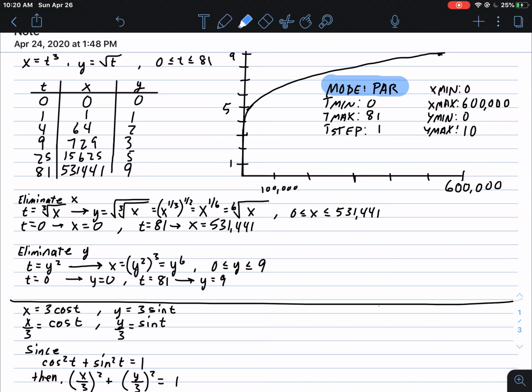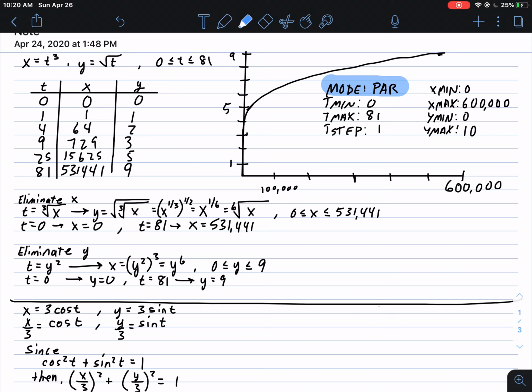Now, to enter in the equation, you hit your y equals. And when you hit your y equals button, as happens with each different mode setting, you should now have an x and y. So you'll have an x1 equals, y1 equals, x2 equals, y2 equals, x3 equals, y3 equals, right? So you'll have sets of parametric equations that you can graph. So when we do function mode, our basic mode, we have y equals. When we do polars, it was r equals. And now when you do parametric, it gives you x equals and y equals,